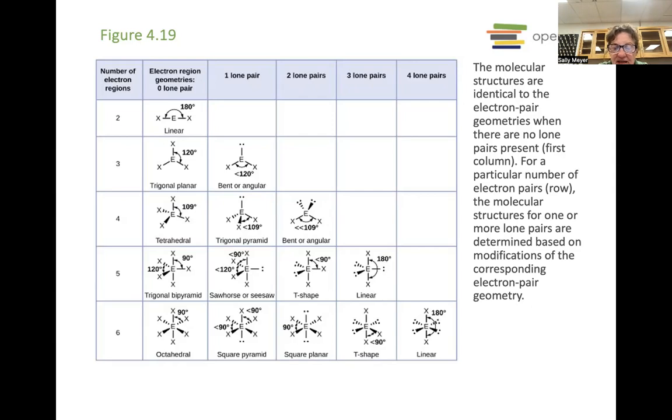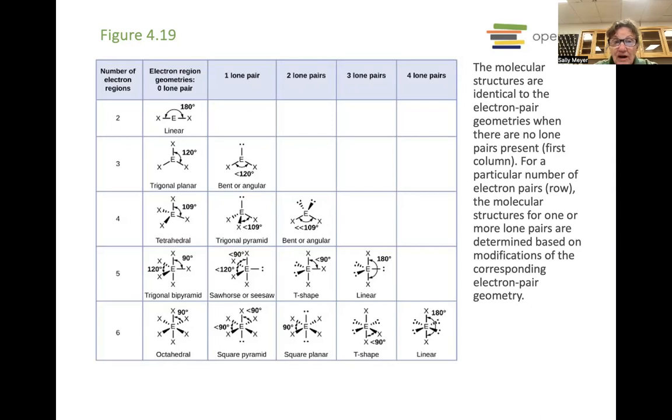So in that plane, it can be 120 degrees apart from the other 2 in that plane. And then when you look at the next one where you have 2 lone pairs and 3 shared pairs, you're going to put the second lone pair also in that plane, and you get what's called a T shape. And then surprisingly, when you have 3 lone pairs and 2 bonding pairs, you end up with the situation on